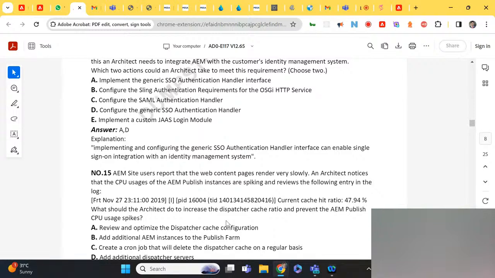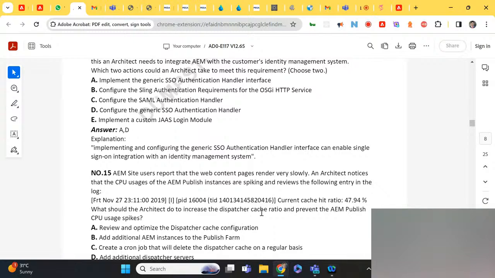Create a cron job that will delete the dispatcher cache on a regular basis. Removing the dispatcher cache on a regular basis will actually make the cache ratio even lower, because the requests will come to the publish instance again, right? And the last one, add additional dispatcher servers. Adding additional dispatcher servers will not improve the cache hit ratio.